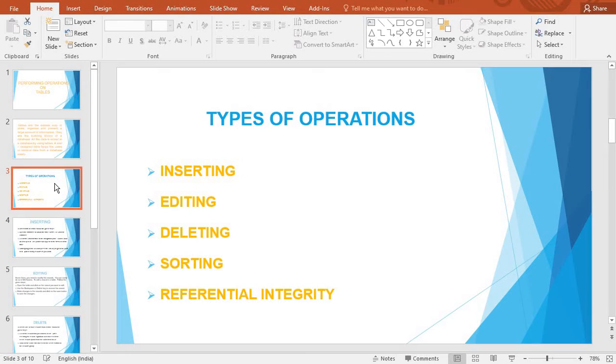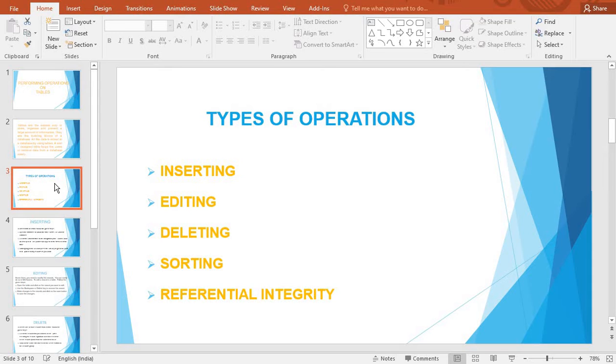You may arrange your data in a particular order, either ascending or descending. And the last one is referential integrity. With the help of referential integrity, you may achieve data integrity, and you may avoid duplication of data.